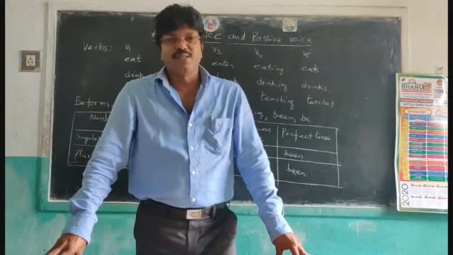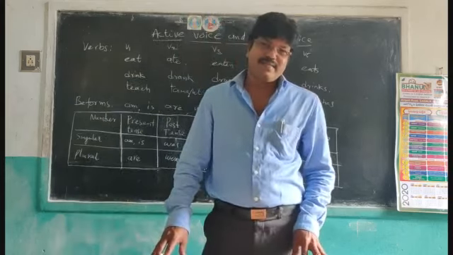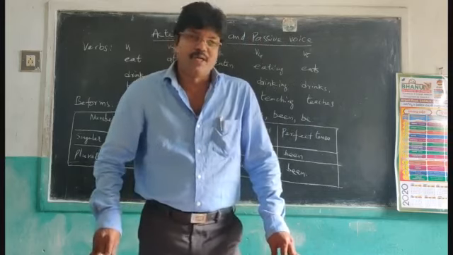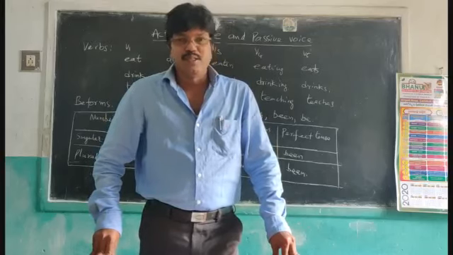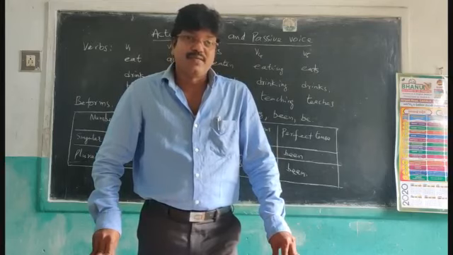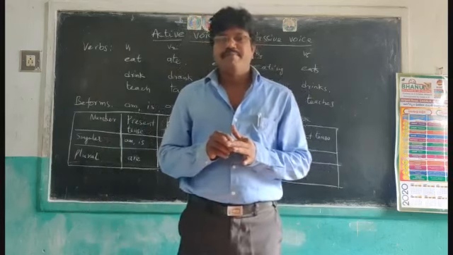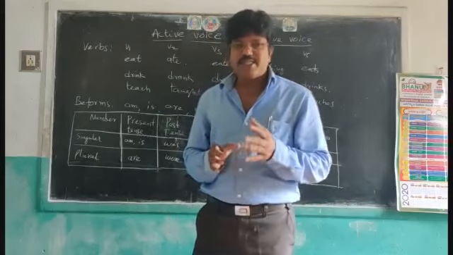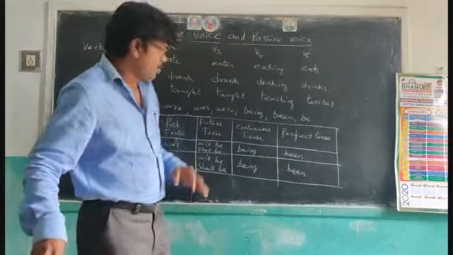In present perfect continuous, there is no passive voice. So in each main tense, only 3 subtenses have the passive voice: simple present, simple past, simple future, present continuous, past continuous, future continuous, present perfect, past perfect, future perfect. These have the passive voice. So children, how to change each sentence, how to write these tenses, you must observe.